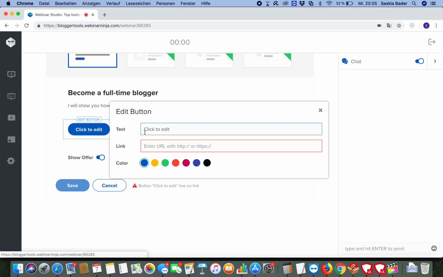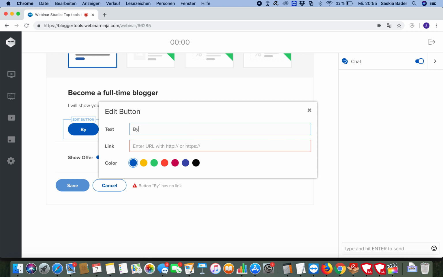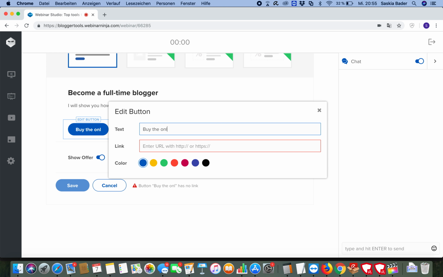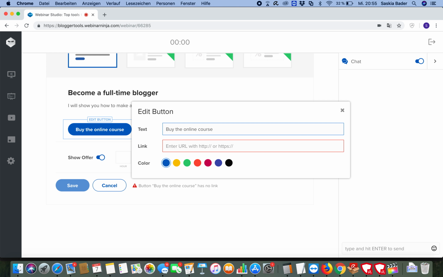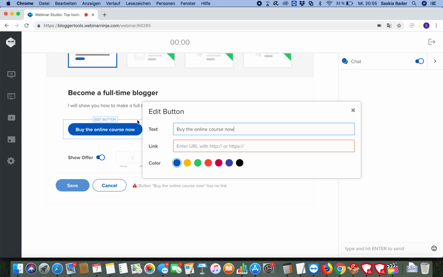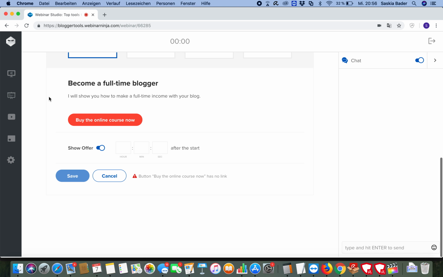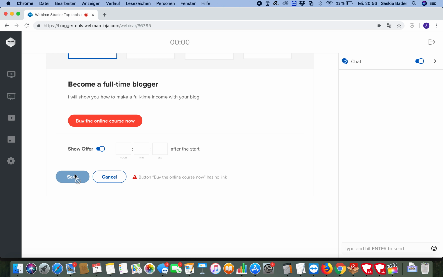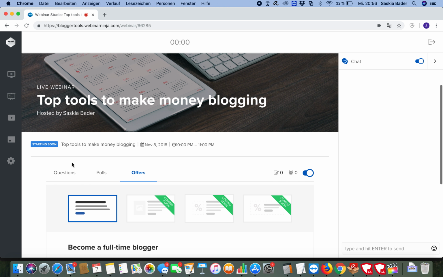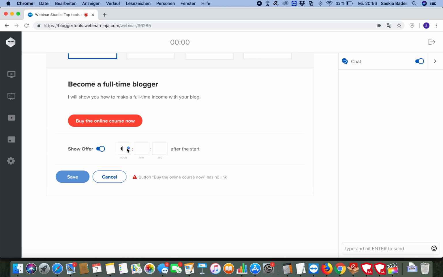Okay, and then you can add a link and the text for your call to action button. Buy the online course now. Okay, and then you can add the link or change the color. Let's go to red, nice attention grabbing, and then you can, well, I haven't added a link now, but otherwise you could now add the offer and also say when it should come up. This is especially helpful for